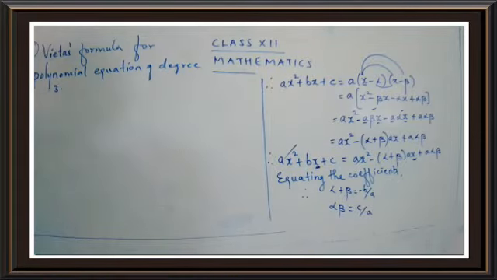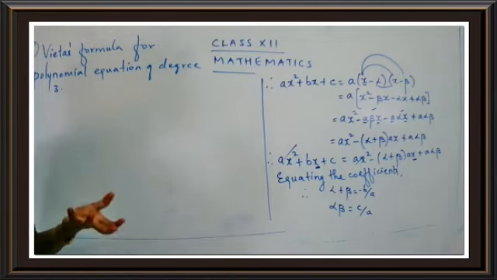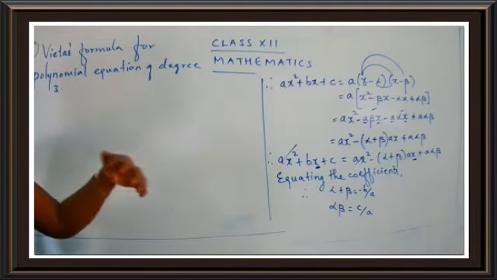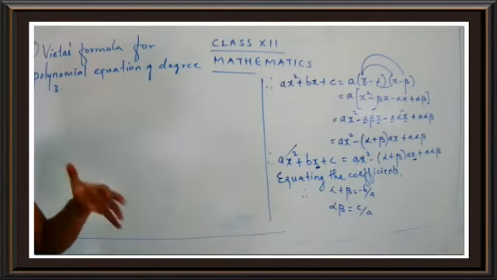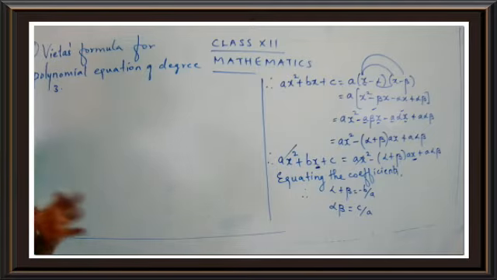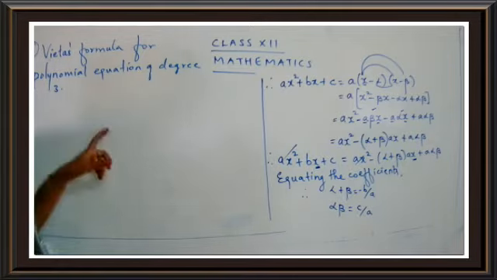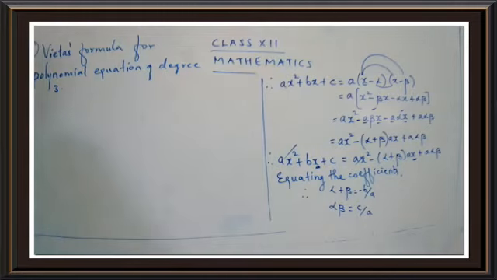You know that if you have one term, you call it what? Monomial. Two terms we call binomial. But when you have a quadratic, we know that the degree is 2. Similarly, for a degree of more than 2, you can just call it a polynomial. We have cubic and so on. But if the degree is more than 2, you can just say the equation is a polynomial. So we are just dealing with the polynomial equation of degree 3.